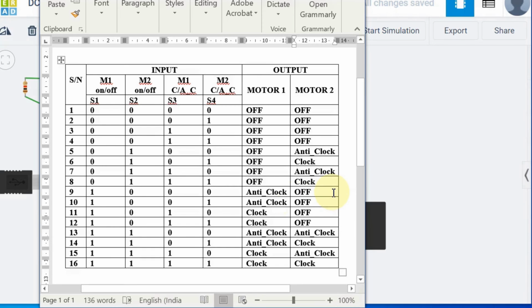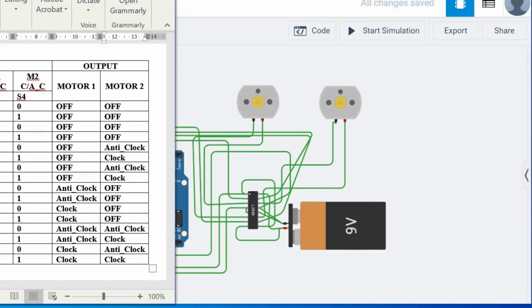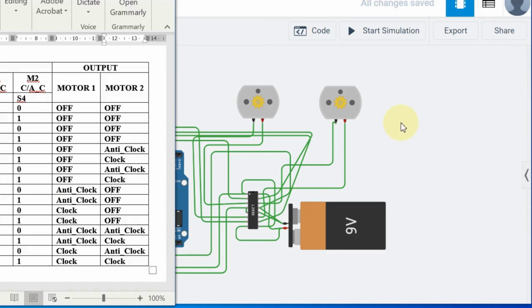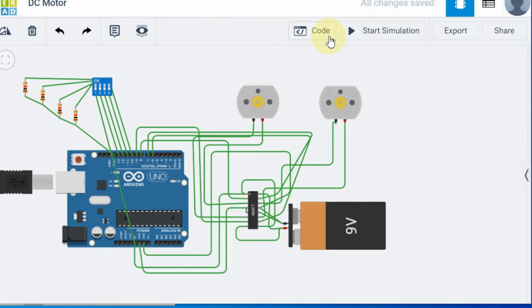So in this way we are able to turn left, right, front, back, and stop and start. All these things we can do with these 4 combinations. Now coming to the program, I'm keeping this aside and comparing this truth table with the code. The code is a little bit lengthy, so I have created the code just now, and I'm going to explain how it is working.